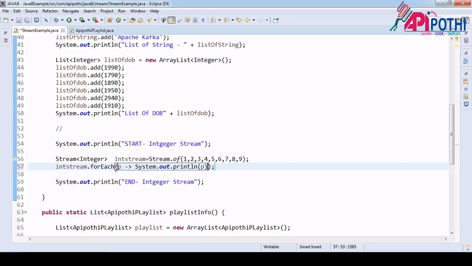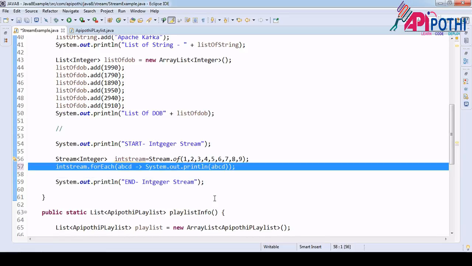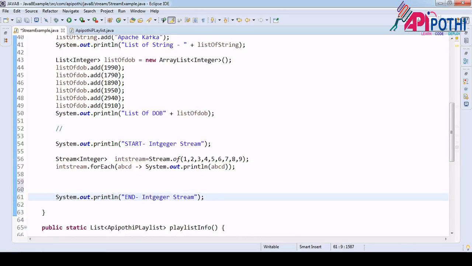Whatever the value, the scope of this p is just within this bracket only. Okay, you can write anything, a, b, c also. You can copy this one and pass it here. So what exactly we are doing is saying print this one and assign it here, that's all.